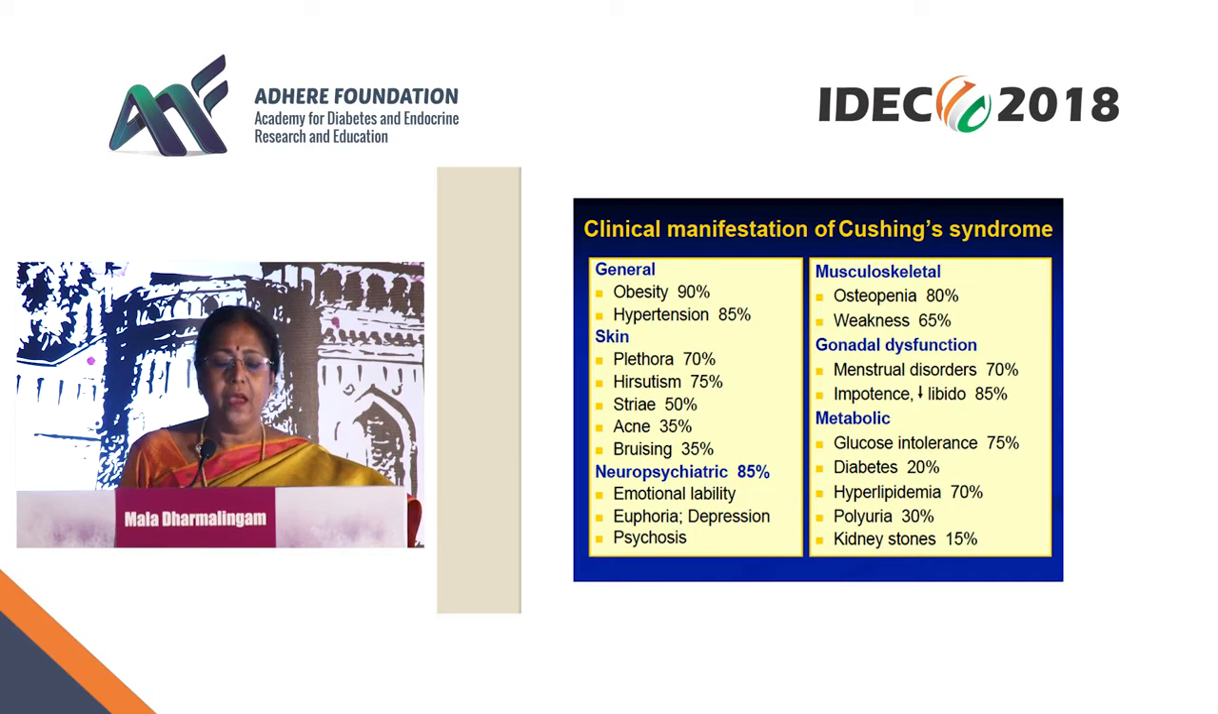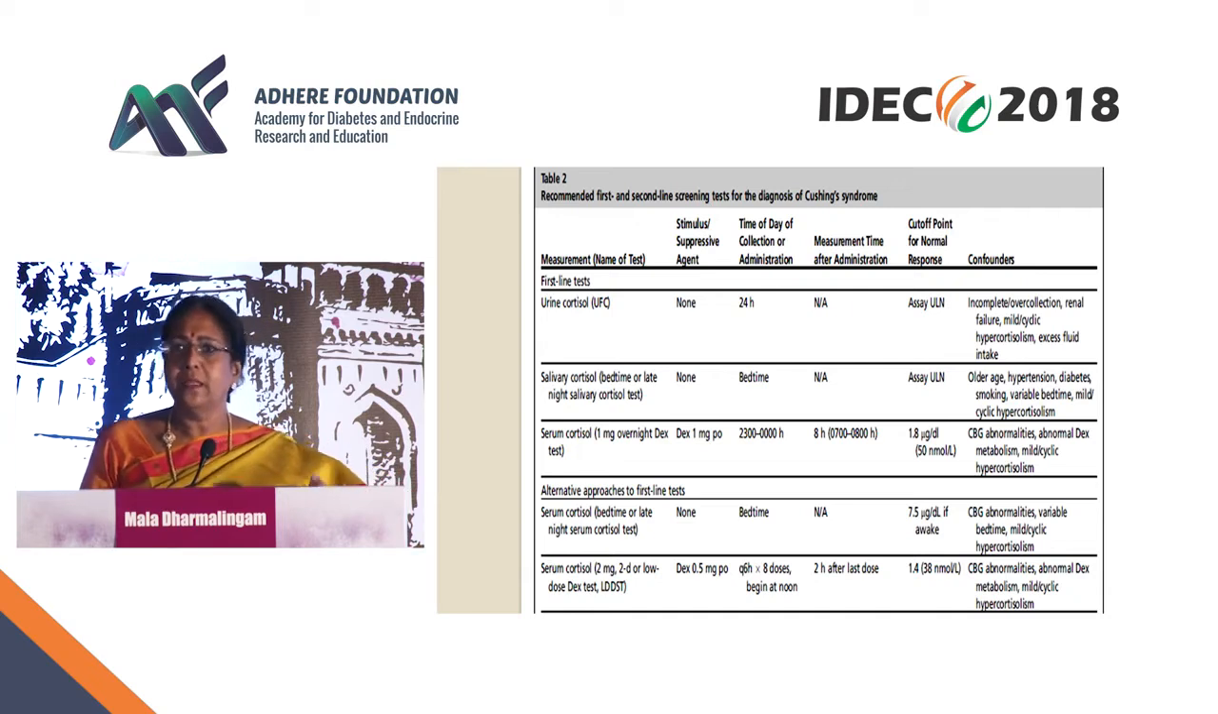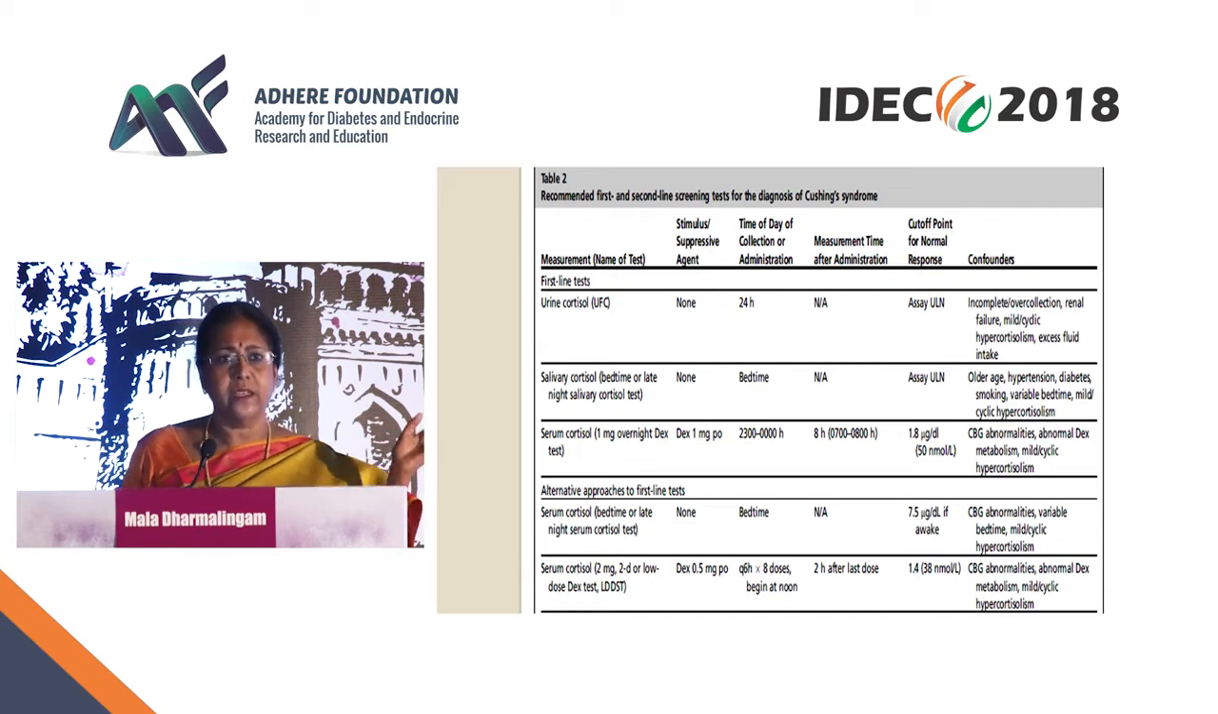So how do you screen them? In our own center, we usually do a midnight cortisol and an overnight dexamethasone suppression test. You can give about 1 milligram of dexamethasone late night, and you can look at the cortisol early morning. If it is less than 1.8, then there's nothing to worry about. All the guidelines have changed. Earlier it was 5, now it is 1.8. So if it is less than 1.8 micrograms per deciliter, there is no hypercortisolism, but if it's more than that,